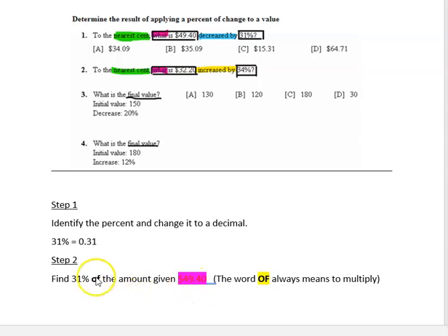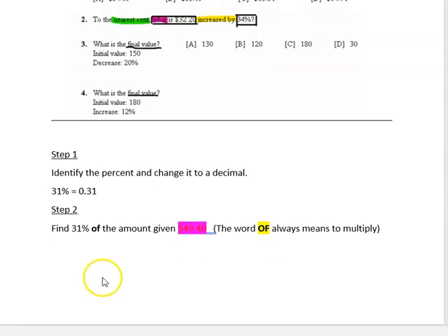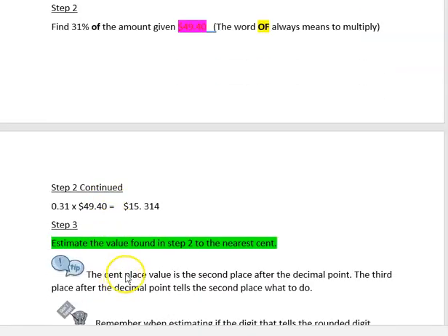So again, when we find 31% of the given amount, we're simply just changing that to a dollar amount. That's what that magic of multiplication does. So here we're going to use our decimal conversion of 0 and 31 hundredths, or 0.31, and multiply it by $49.40. You're going to get a value of